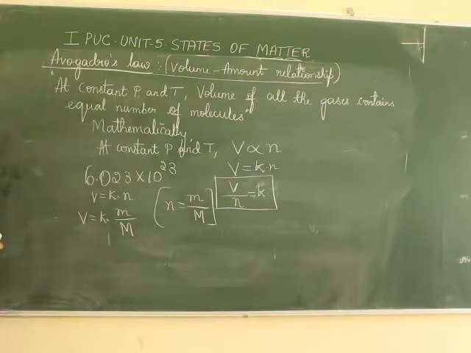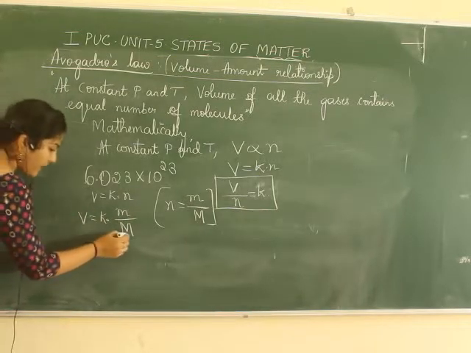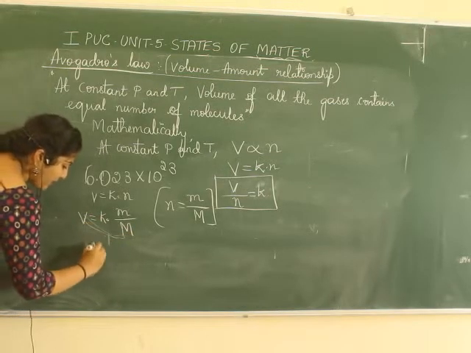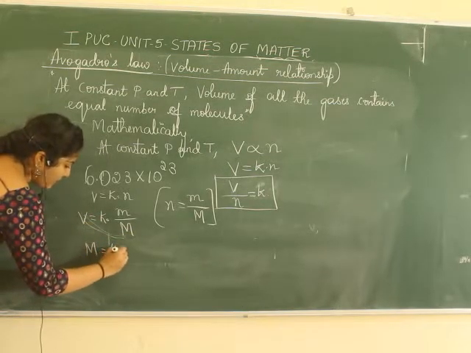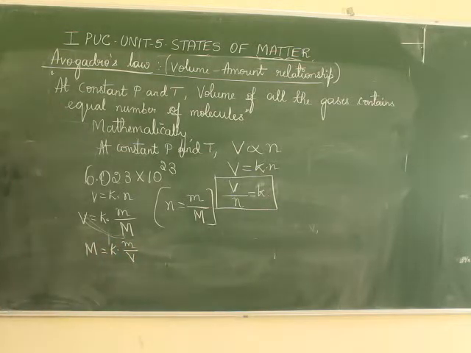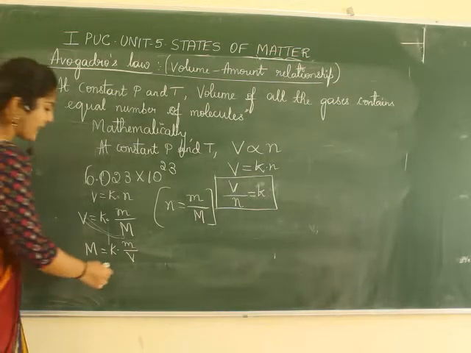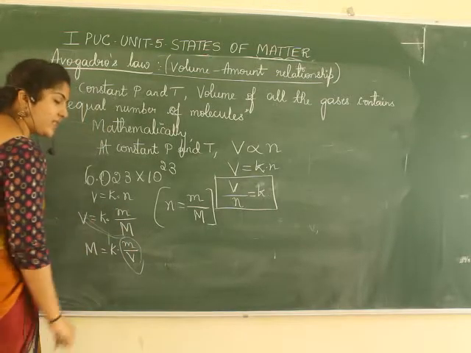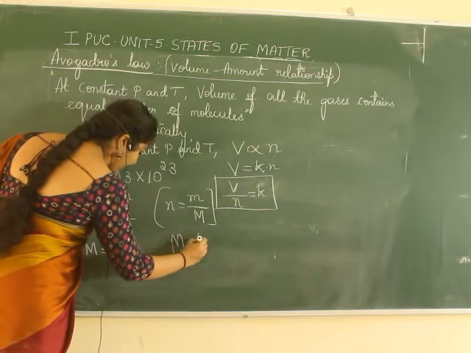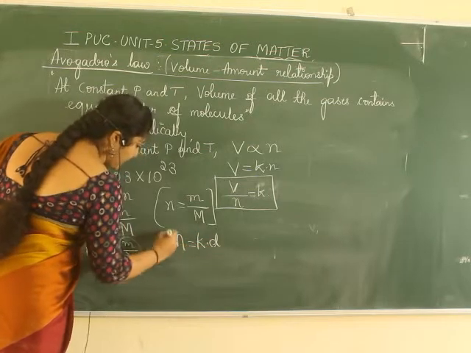Now, you're getting the point, right? Now, let me take this M here, V here. So, if I take this M here, M is equal to K into M by V. What do you see here? How can I write it next? Can I write it as D there? Instead of this M by V, we know it is density, isn't it? So, I'll write M is equal to K into D, density.